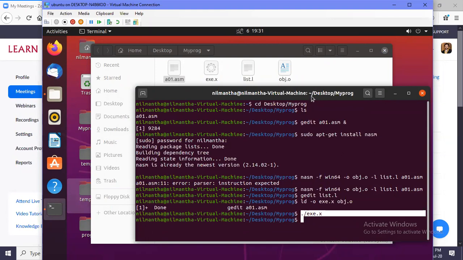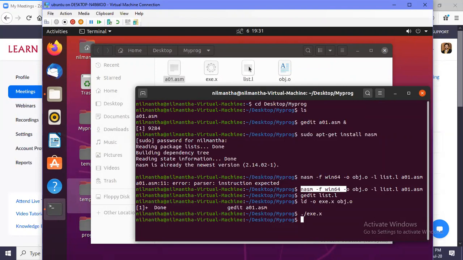So that was our first task: create a program which opens and does nothing. We assembled it using the NASM assembler, and we created two files, the object file and the list file.